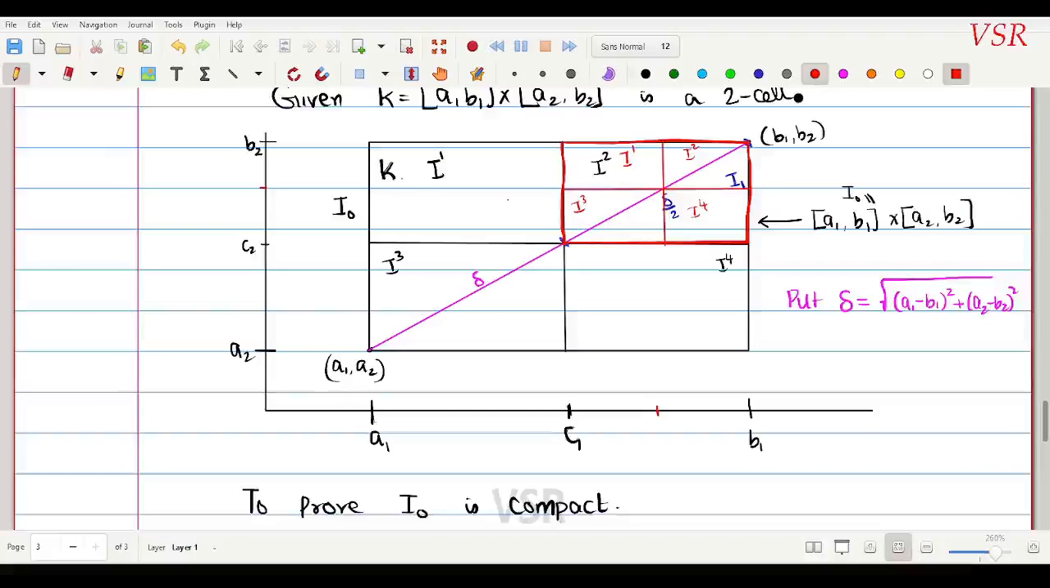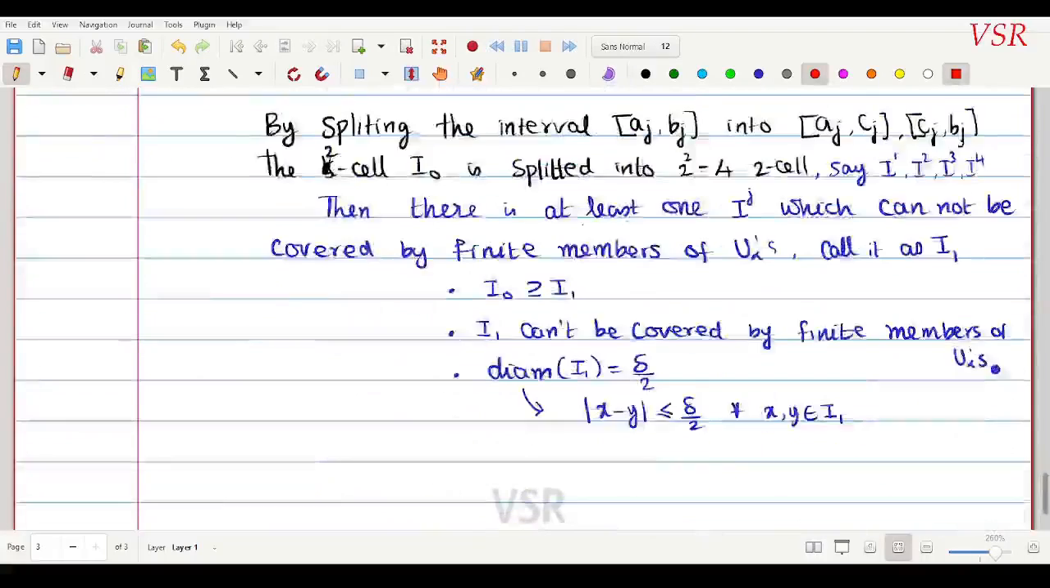So there is someone in this who cannot be covered by finite members, because this whole I1 cannot be covered by finite members. So this is I1, the whole thing, the red color one. This fellow cannot be covered by finite members of U alphas. So there exists at least one fellow which cannot be covered by finite members of U alpha. Let us name that one I2. Okay, so repeat the process